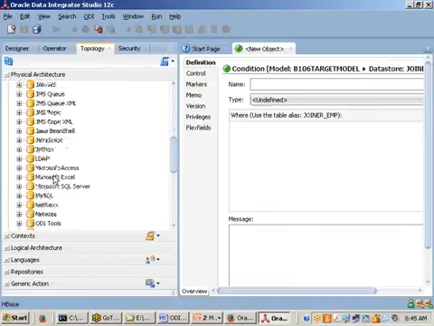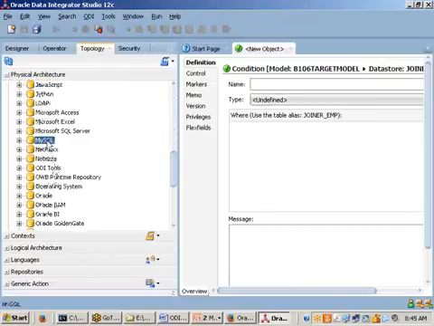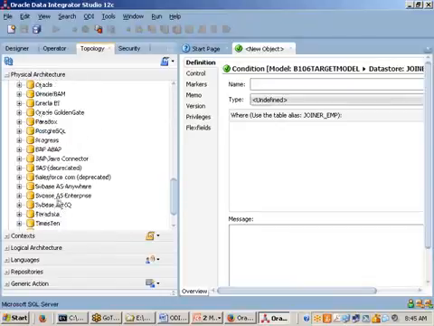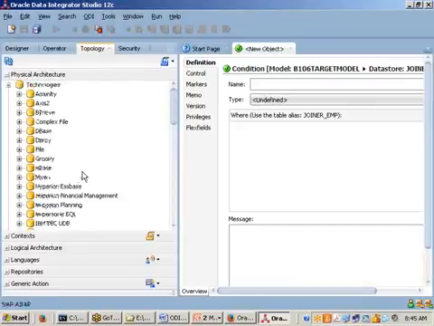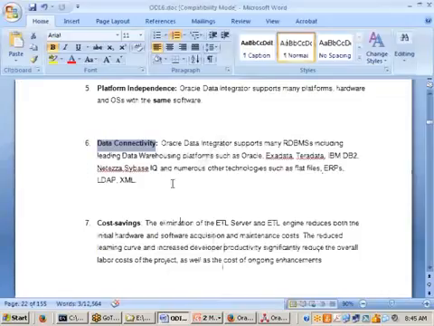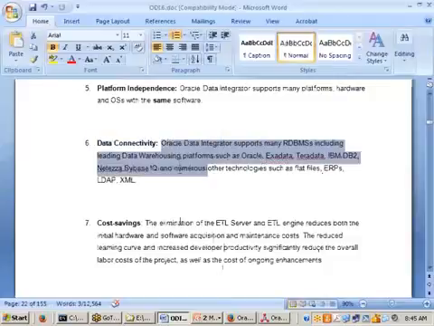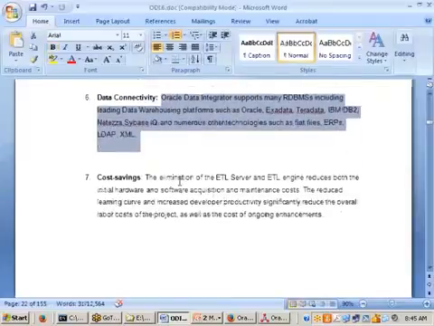Now you can see your known databases. MySQL, your known database. Next, Oracle, your known database. Next, Microsoft Office Excel, Microsoft SQL Server. You may be aware of it. SAP, Teradata, Timestamp, Sybase. You are aware of all these things. So almost all the databases we are supporting. That's the meaning of data connectivity. It is going to connect to all the databases we are looking for.